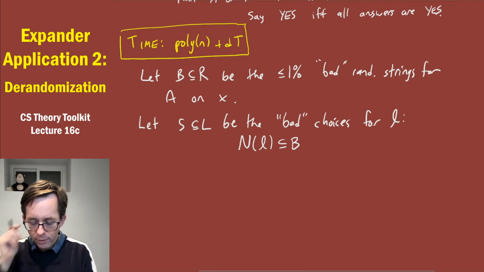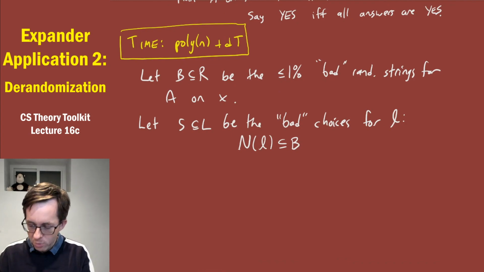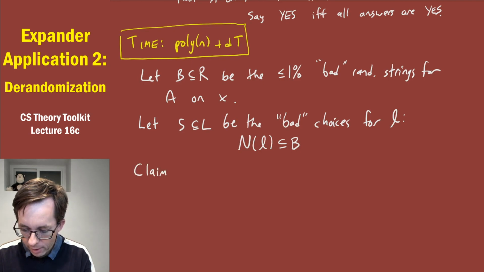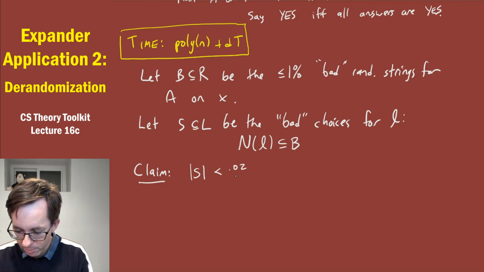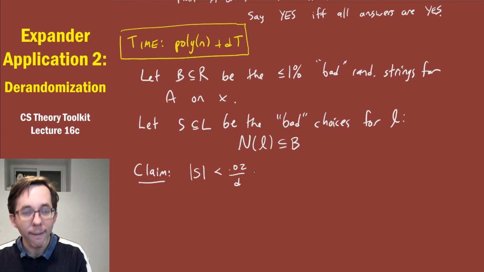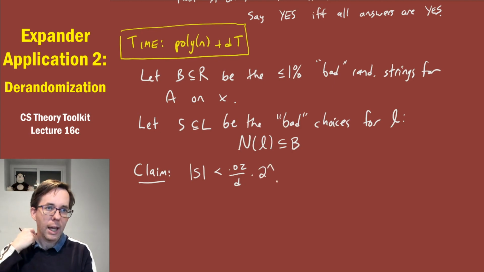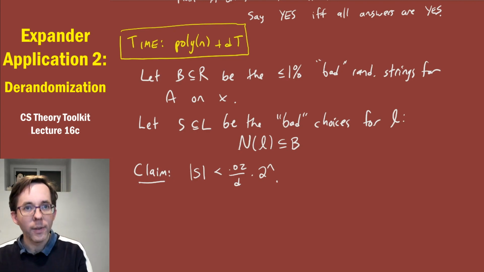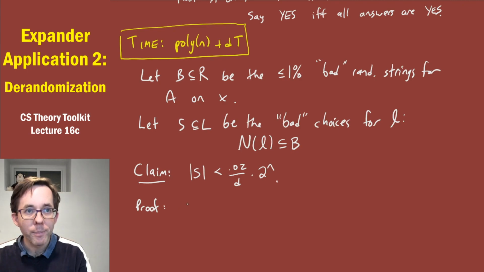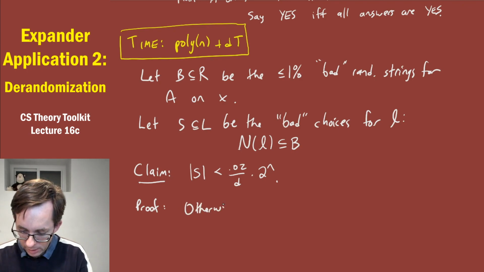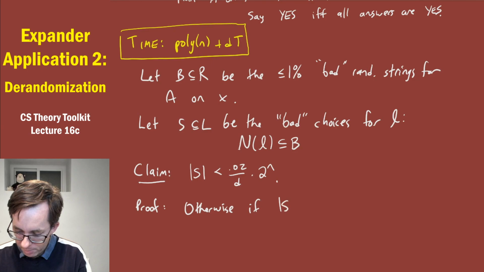Great. Well, it seems there shouldn't be too many such strings, and indeed that's the case. So here's the claim. We claim that the cardinality of this set S is at most this magic bound 0.02 over D times 2 to the n. And why is that? Well, otherwise, if S is bigger than that,